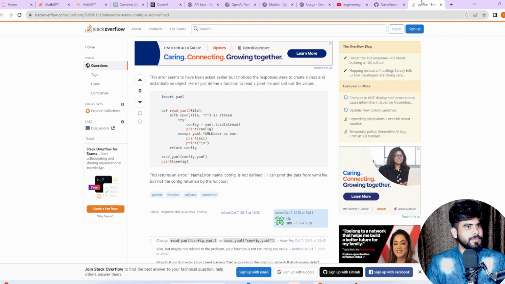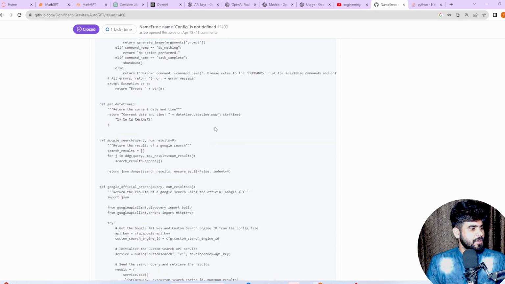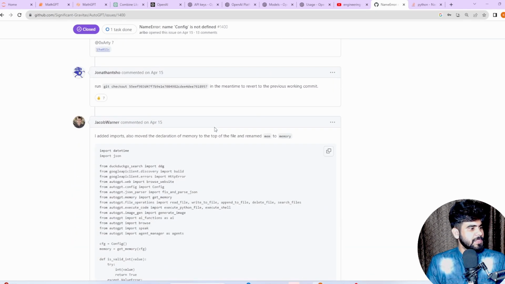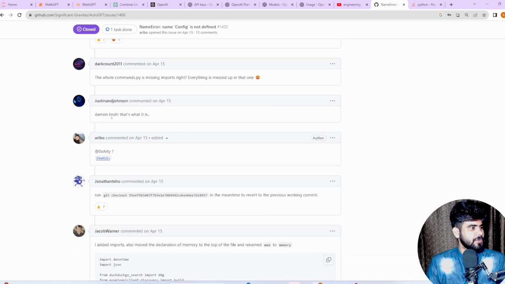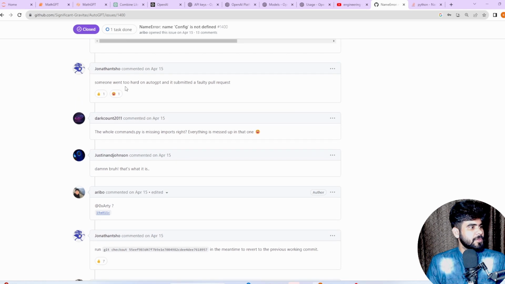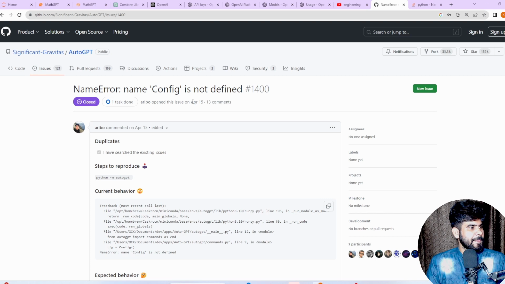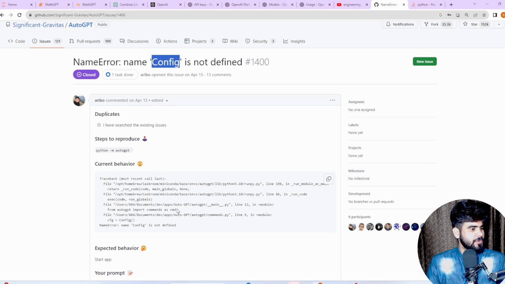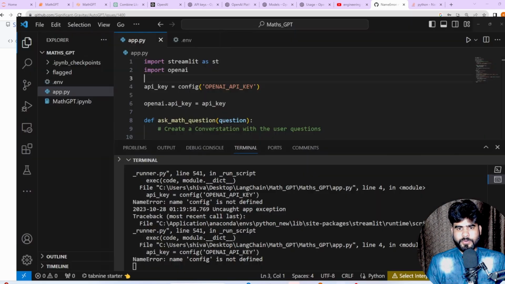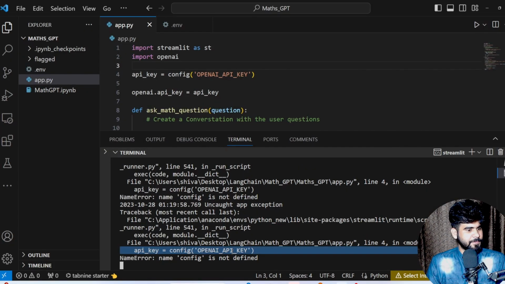Config.yml, no, not this one. Let's check if I will get something here. Auto GPT, no, not this one. Config, we have config in lowercase, right? I don't know why I'm getting the error here.